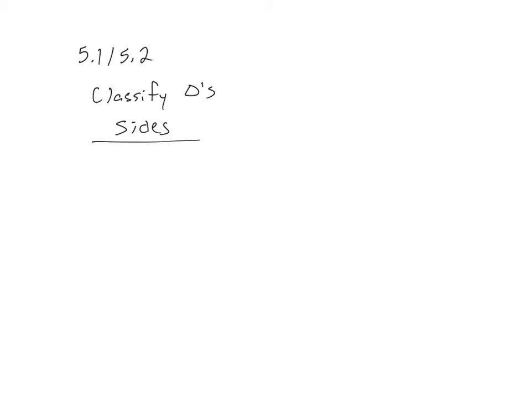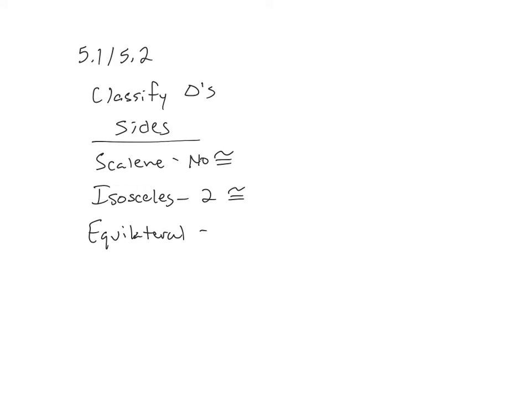So we had sides, scalene, no sides are congruent, isosceles, two sides are congruent, and equilateral, all congruent. And then the angles,